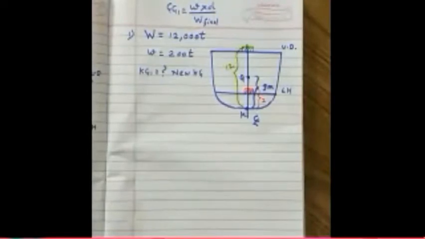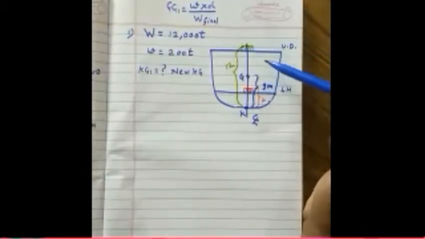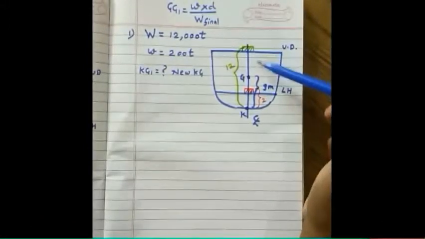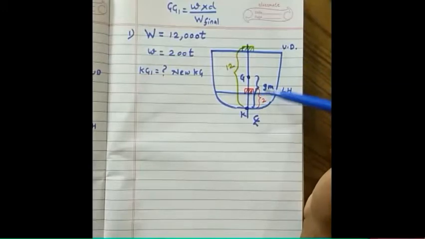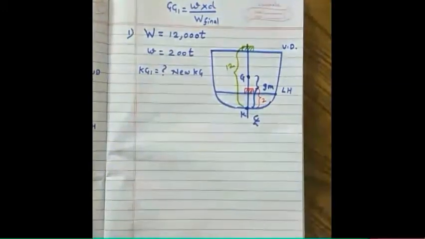Okay. Now whenever you are shifting, what is the meaning of D? D is the distance from how much I have shifted the cargo. Now if you see this diagram, it is brought from the upper deck to lower hold. So it is brought from main deck to tank top. So what is the total distance from lower hold to upper deck?